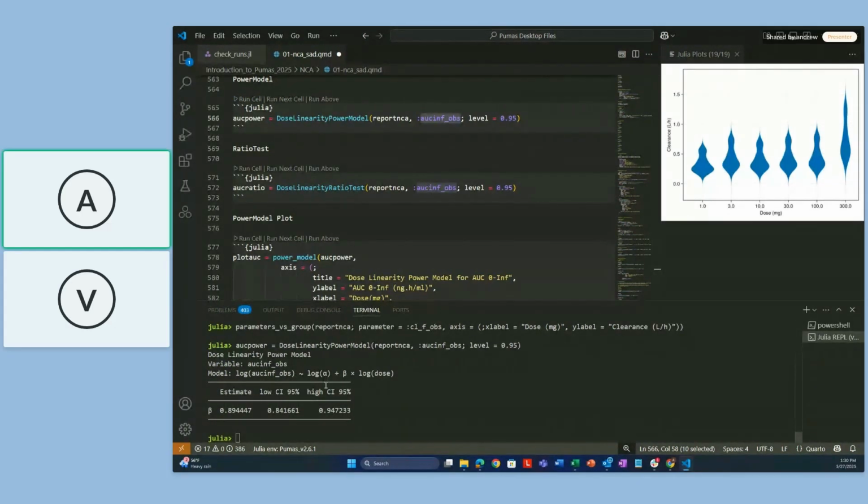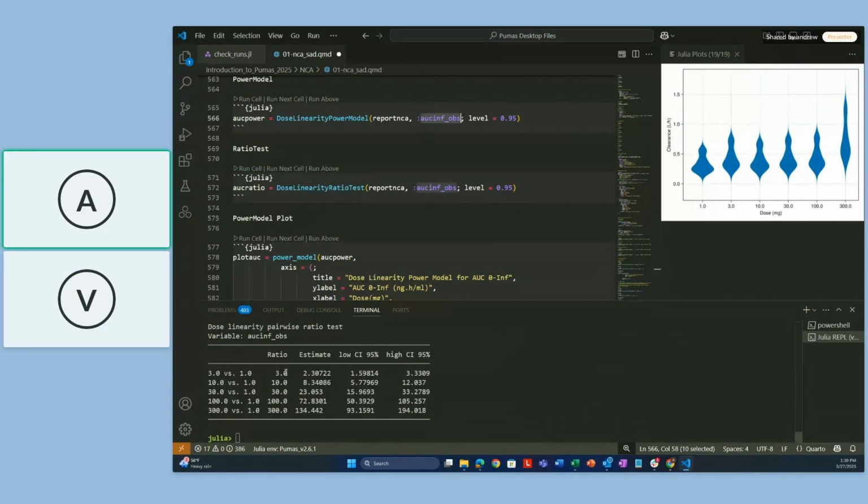And that's going to give you your dose linearity power model estimates, so that estimate for beta. Similarly, you can also run the ratio test, with the 95% confidence intervals around what we expect from the jump from the lowest dose of 1 milligram to 3. We expect a ratio of 3, based off of the PK parameters, and the estimate is 2.3 with a low of 1.59 and